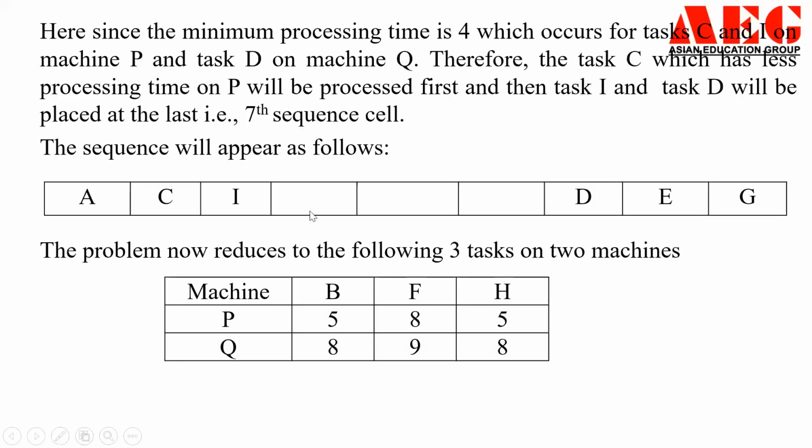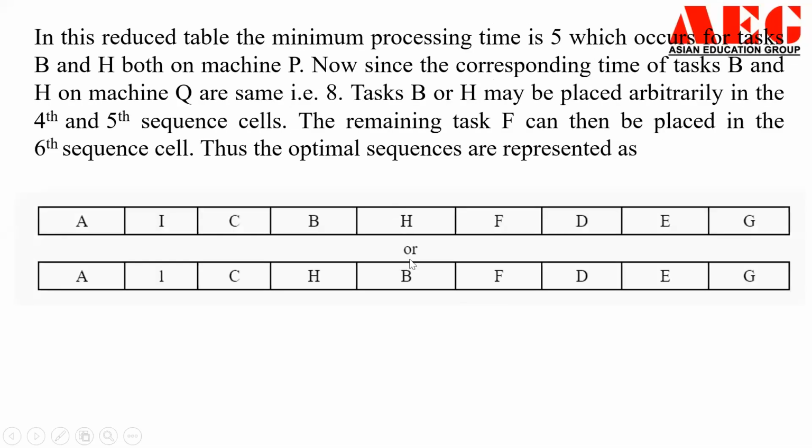I told you I will take B and H, but I can take H and B also. So both the queues, B and H or H and B, are possible. It can also be changed because E and D were also having the same values, or G or E is having the same value. So you can say G and E or E and G. It's one and the same thing. It means there will be multiple solutions, but the answer will remain the same because all these tasks have a similar time requirement on a particular machine.